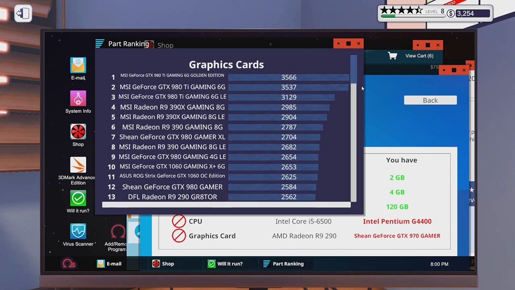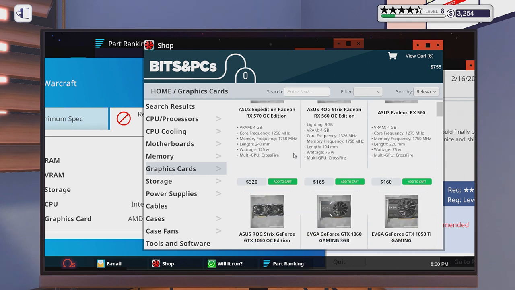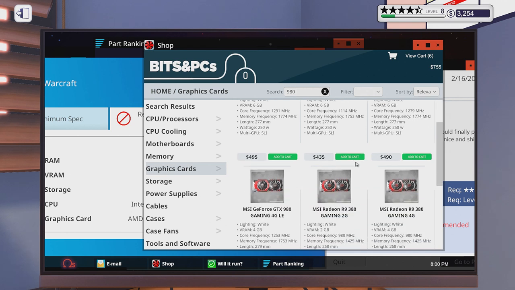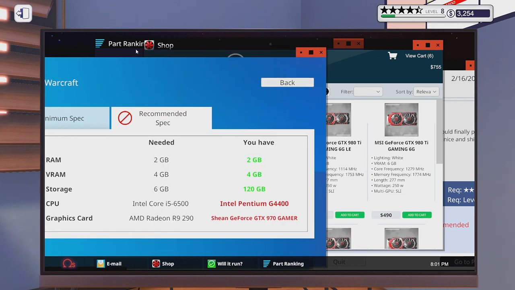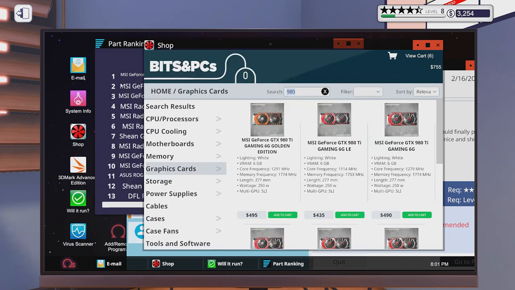So I think I'm going to jump in for a 980 if we can find one. There we go. And since we're with MSI, we might as well stick with the MSI. Whatever they are. What are these things called again? MSI graphics cards. Thank you. Well done, brain. And that should be definitely better than the Radeon R9 290s, because you can see that these ones,